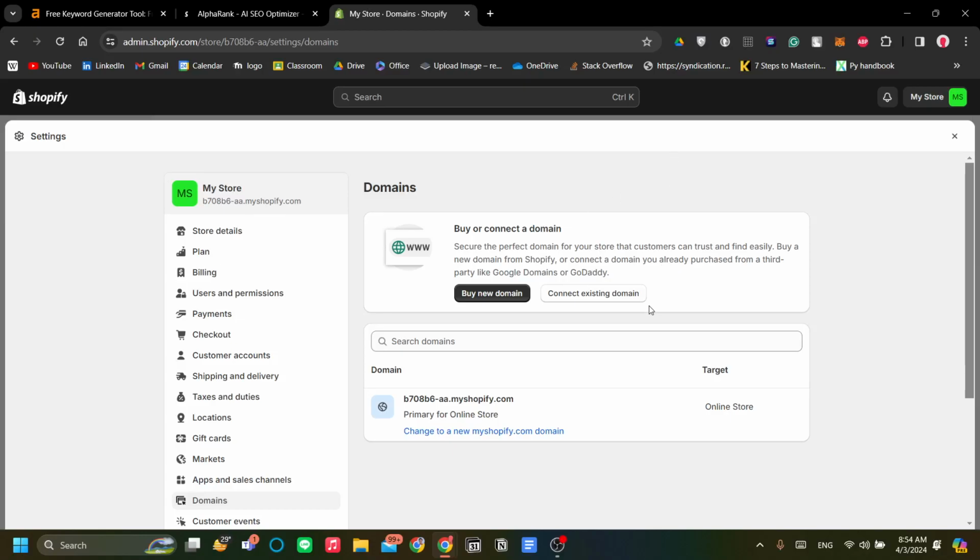How to optimize your Shopify store SEO. So what is SEO? SEO is search engine optimization. So it's both a verb and an object word. So SEO